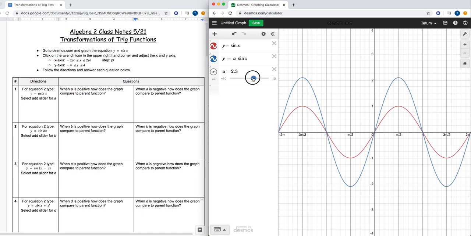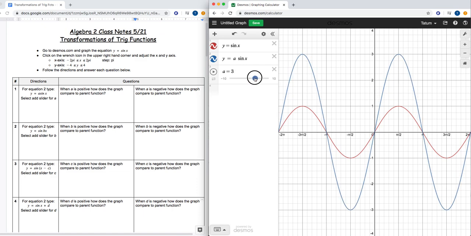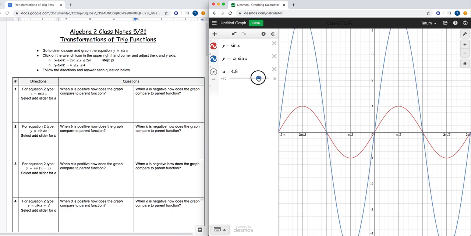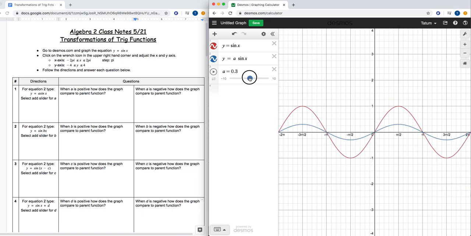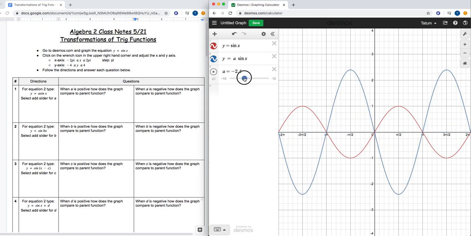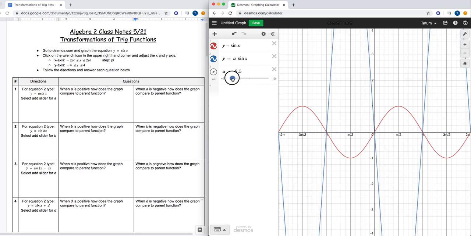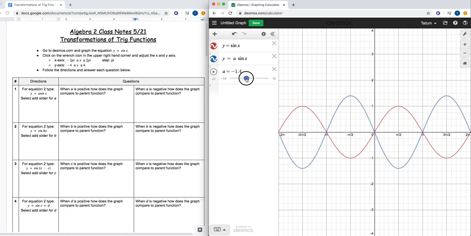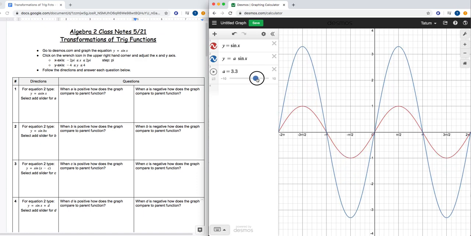If you move to the right, as you can see, a changes its values to positive numbers. Here's +2, here's +3, here's +4, etc. Then if you slide it to the left of 0, you are doing negative values for a. So we need to answer 2 questions. The first is, when a is positive, how does the graph compare to the parent function? When a is negative, how does the graph compare to the parent function? If we're at 1, we match the parent function. If a goes off in that positive direction,